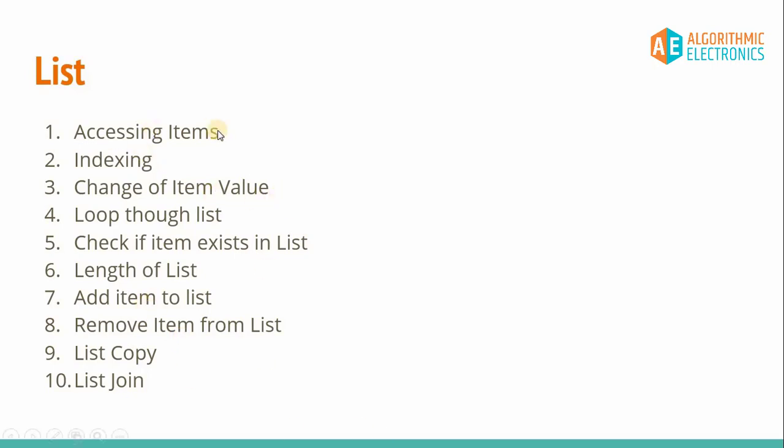Secondly, we'll discuss how we can access the elements. Here we'll discuss the indexing and ordering of this particular list, and that will be properties number 1 and 2: how the list is ordered and how it is indexed. Secondly, we talk about changing the item value inside the list, whether it's possible to change a particular item value or not.